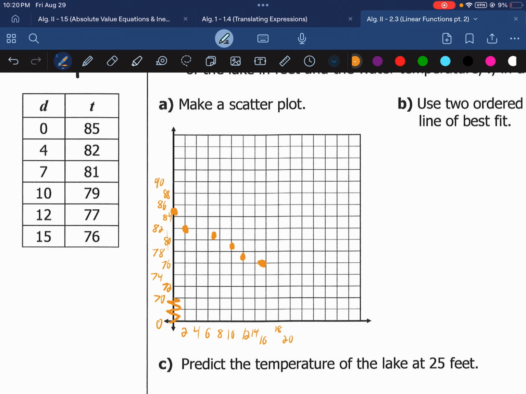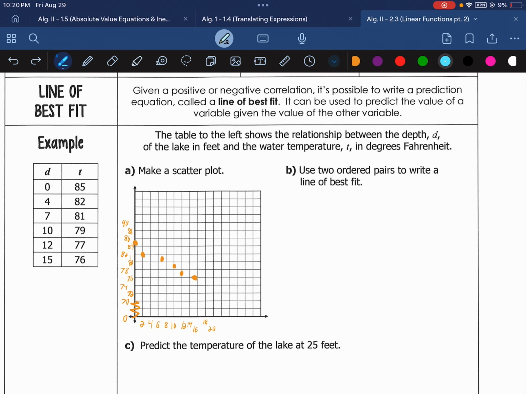So as you can see, this isn't a perfect line here, but we can definitely see that they somewhat follow this line. And so to find our line of best fit by hand, what we do is we use two ordered pairs to write a line of best fit. And so I'm going to pick two ordered pairs that might be easier to work with using slope. And so we're going to use slope and then plug a point in using point slope form like we did